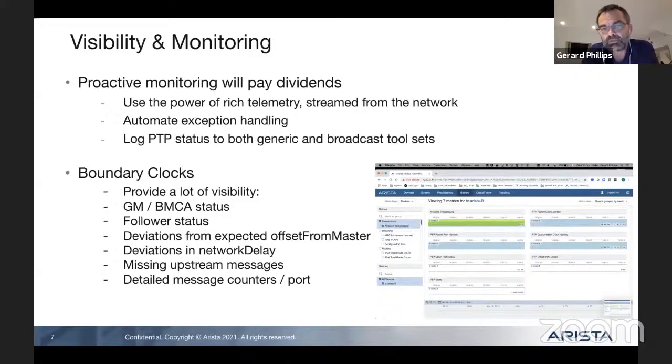A good PTP aware network will also give you a ton of data about the status of the network from the telemetry of the network switches, in terms of its understanding of the grandmasters that are available, the status of those grandmasters, the number of endpoints following the clocks, deviations in offset from master, which is essentially clock errors, and deviations in the network delays. This is all data that's available out of switches to help you be comfortable that your PTP subsystem is operating correctly.